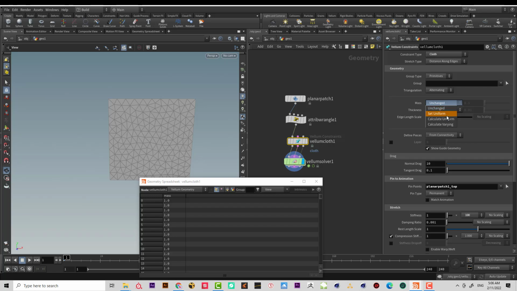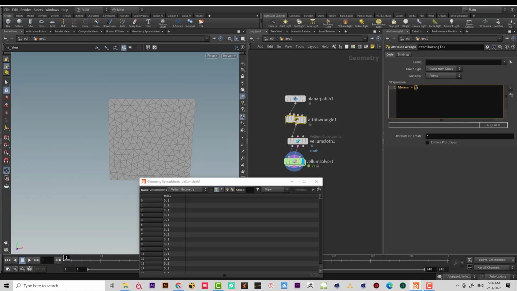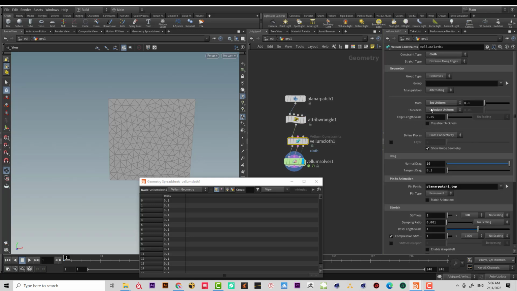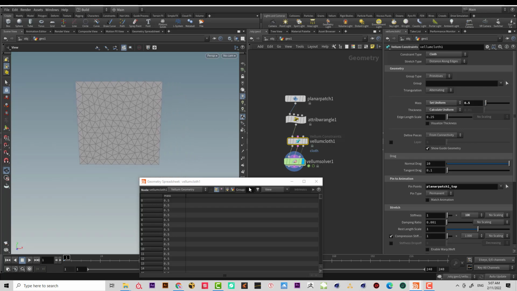Second, we have something called set uniform. So as we can see here, no matter what the value that we have for the mesh, for example, let's make it 2, still we have here 0.1. So this is if we want to have a specific value for the mesh for every point. Okay,